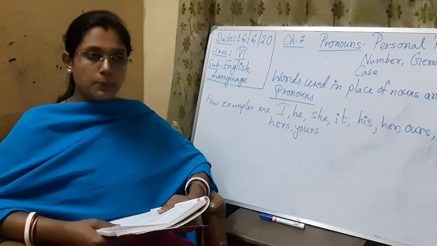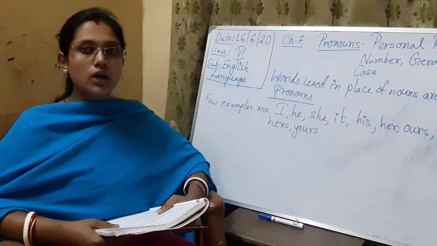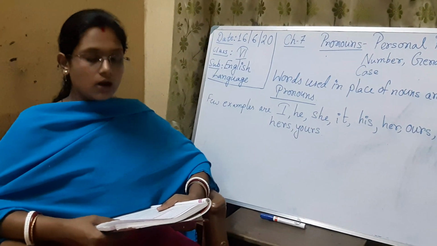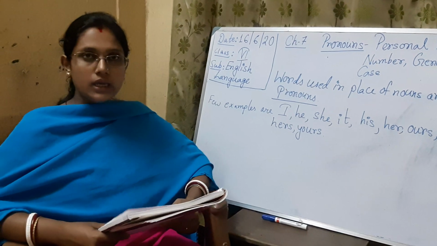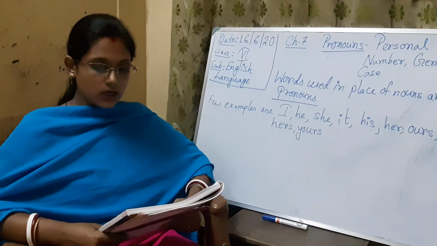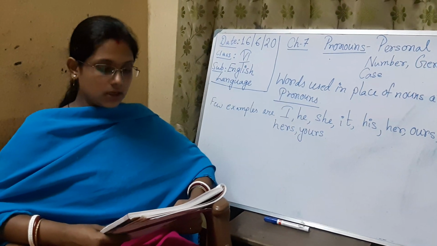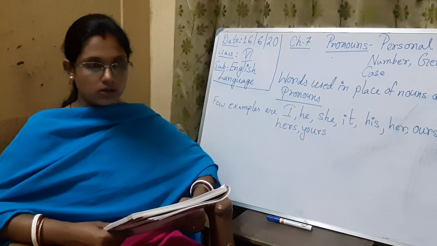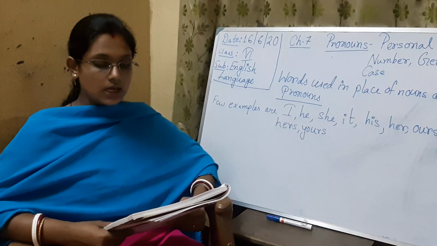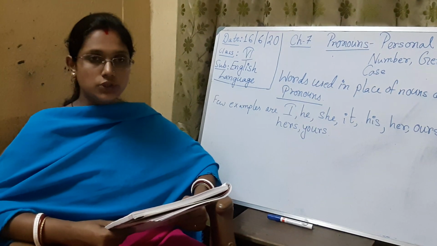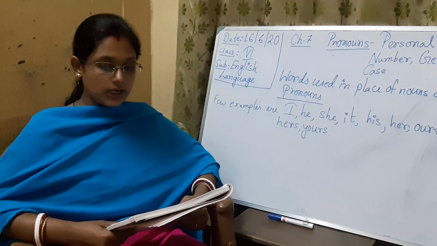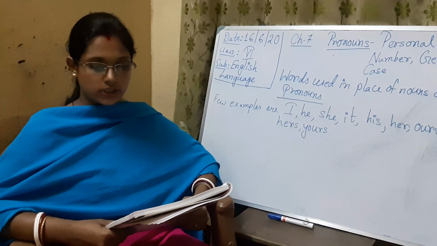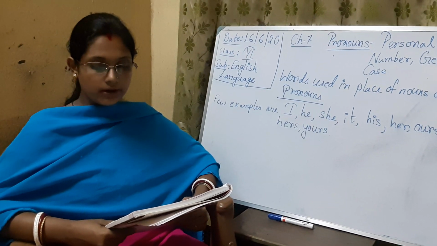Now please look at the personal pronouns where singular and plural both are given for first person, second person and third person. First person singular: I, me, mine. Plural: we, ours, us. Second person: you, yours. Plural is you, yours. Okay. So for the second person you can see singular and plural are the same. Third person singular: he, him, his, she, her, hers, it. Plural is they, theirs, them.